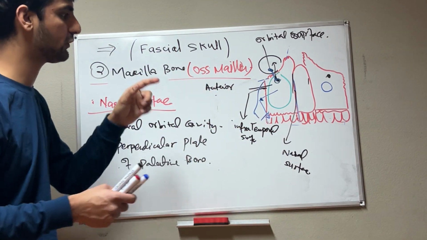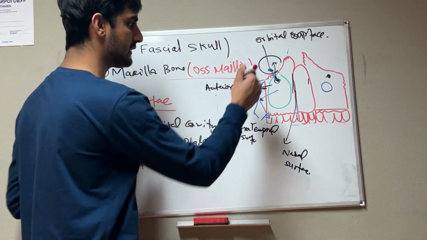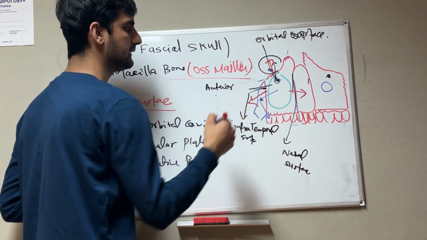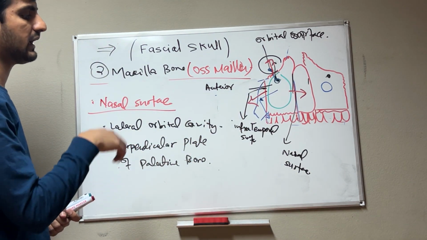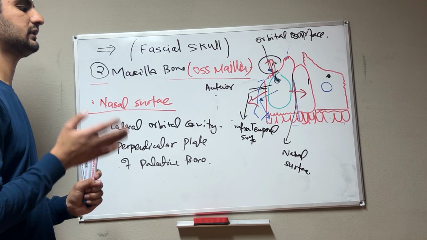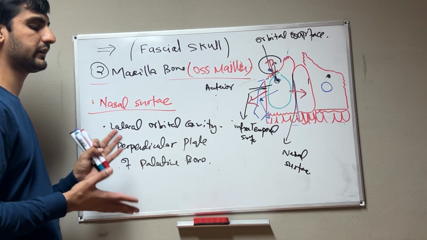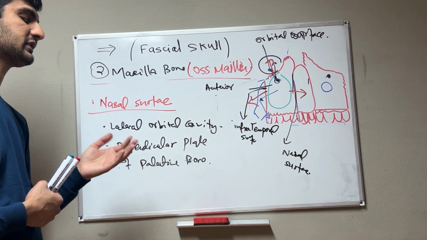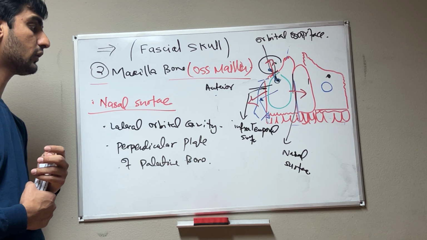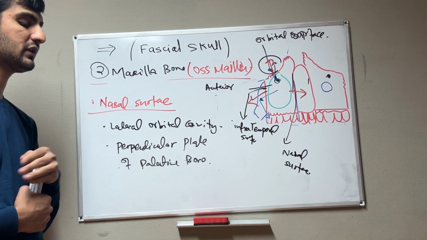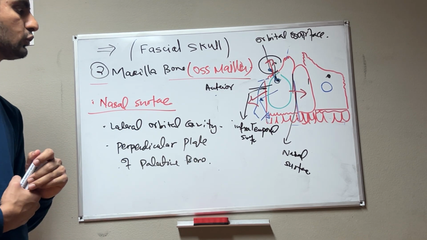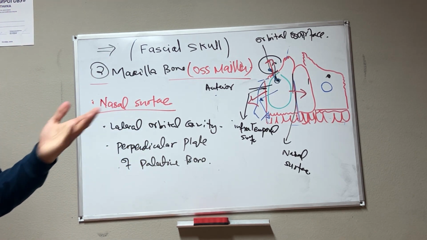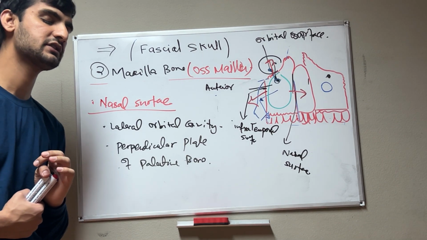The body has 4 surfaces. This one is the anterior surface, which is concave in shape. Then we have the orbital surface, the infratemporal surface and the nasal surface. These are the 4 surfaces of the body of the maxilla bone, so the maxilla has 1 body and 4 processes. Then each surface has its own relief formations. On the anterior surface we have the infraorbital foramen. On the orbital surface we have the infraorbital groove and sulcus. On the infratemporal surface we have the alveolar foramina and the greater palatine sulcus, and the last surface, the nasal surface, takes part in the lateral wall of the